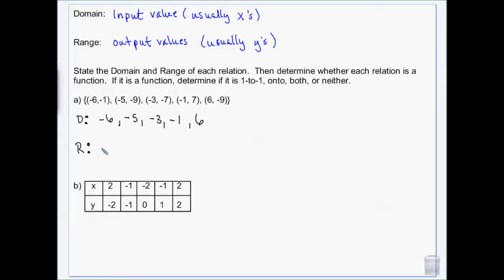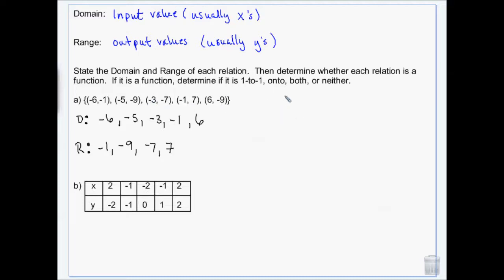And my range, that's all the y's. So I have -1, -9, -7, +7, and then -9 again. But I only list each one time. So I don't list that -9 a second time. Now, to tell if it's one-to-one, onto, both, or neither, and